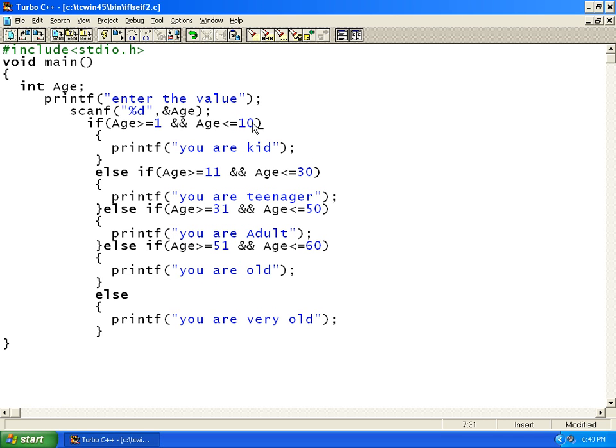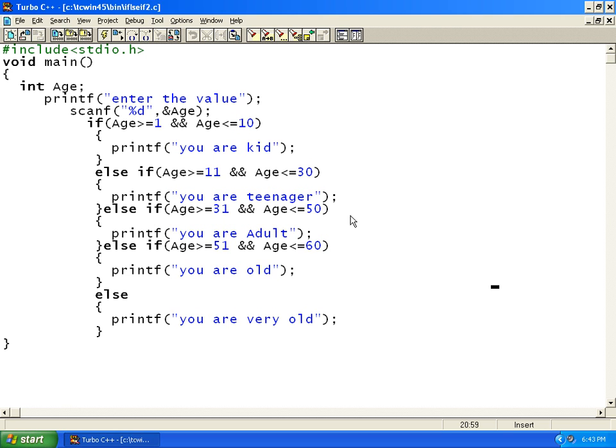We'll consider 1 to 10 as kid, 11 to 30 as a teenager, 31 to 50 as adult, 51 to 60 as old, and else if it's greater than 60, he's very old.